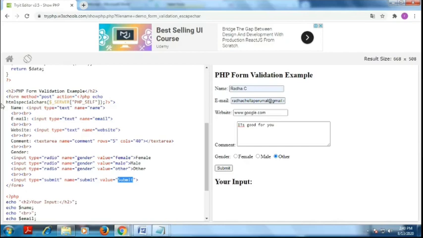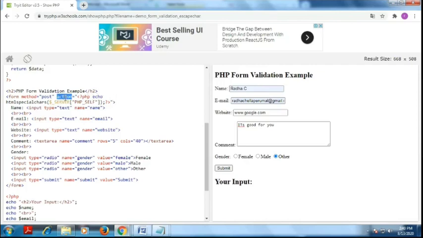Then I go for the form action, and the method is the post method. You know what the meaning of the post method is? The post method sends one or more values from the URL to the web server, but it is not visible in the URL. This is the meaning of the post method. You know what the action is? The action means which method the form will be active with. That is the meaning of action.